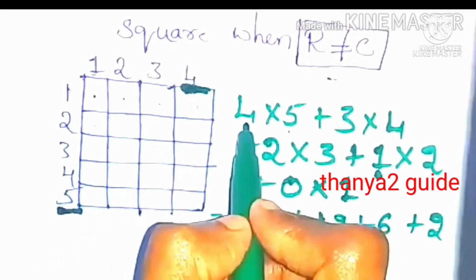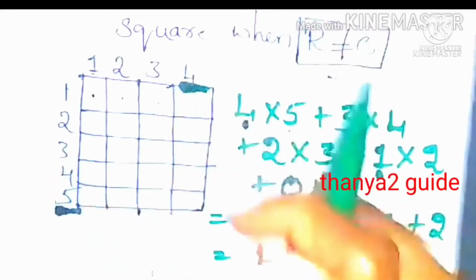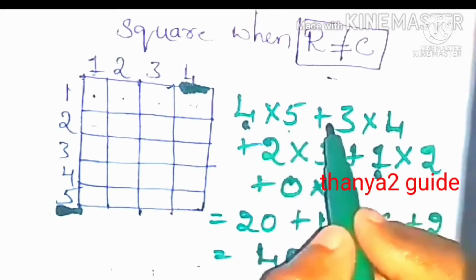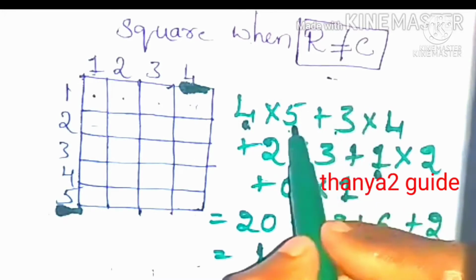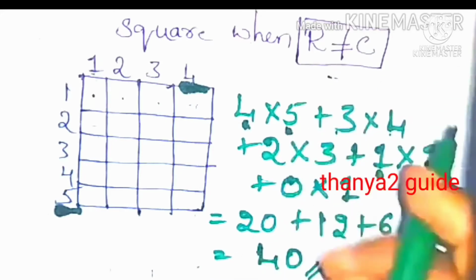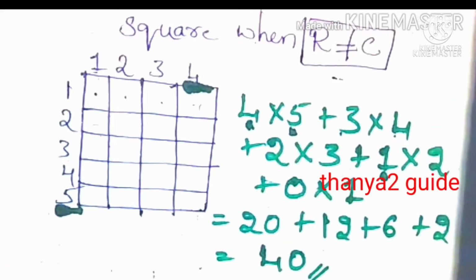Take the highest from the columns and highest from the rows, and from these two terms only we have to subtract 1 each time. From 4, when we subtract 1 it is 3. From 5, when we subtract 1 it is 4. Like that we have to do until we get 0. Okay. And next add all those.